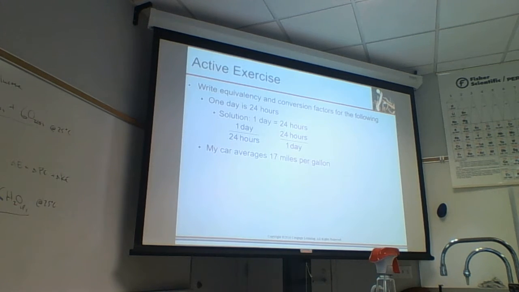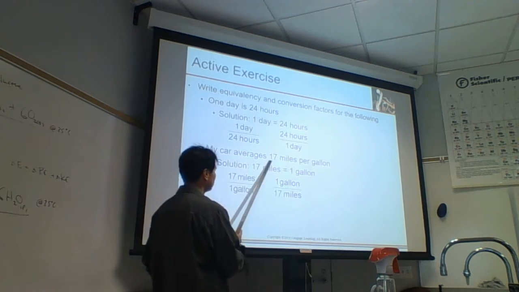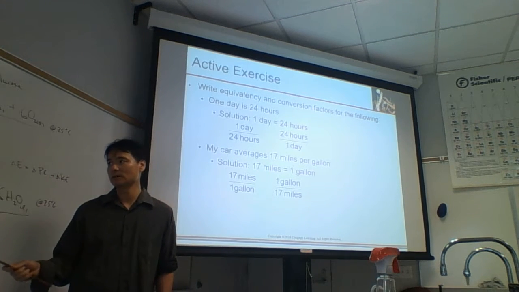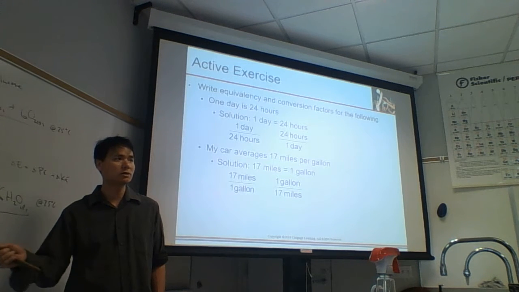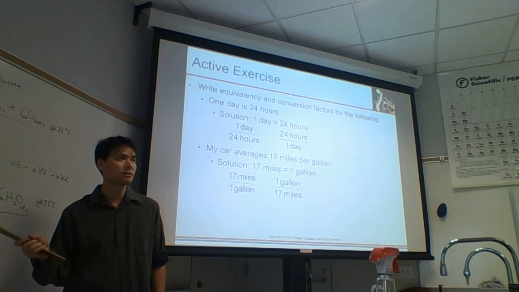This one's easy to tell. It's an average, so it's not exact. Somebody said that, but the range could be different. If it averages 17 miles per gallon, then typically we take that as this kind of uncertainty, but it could be a much larger range. If it's a much larger range, then we indicate that range by using something called error bars.